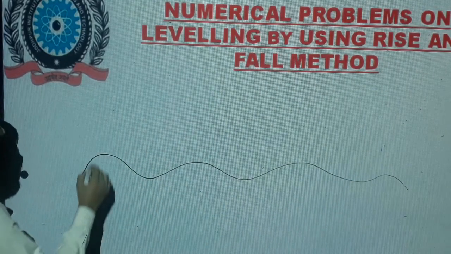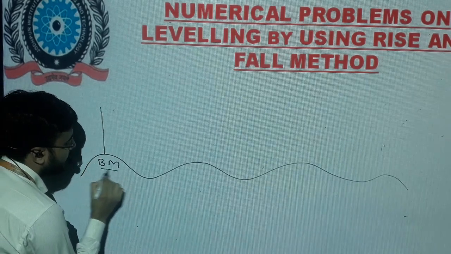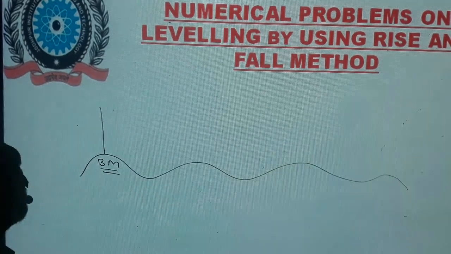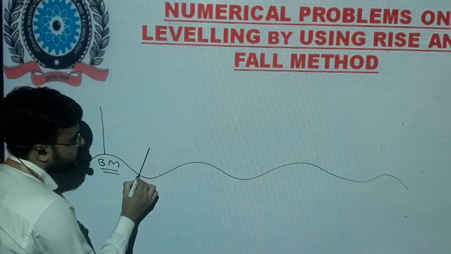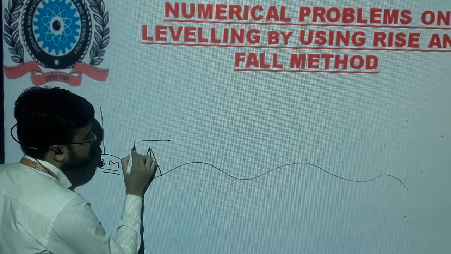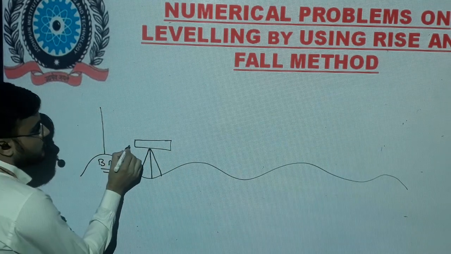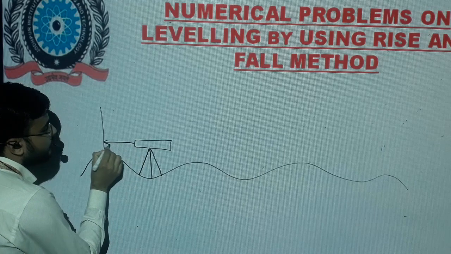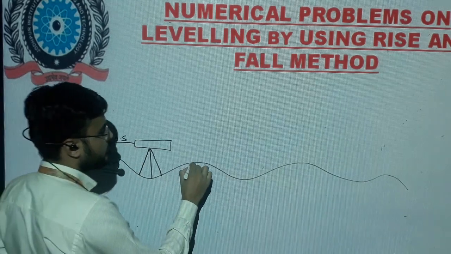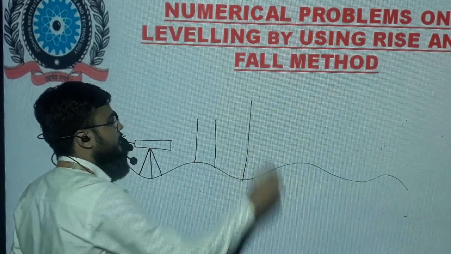Firstly, as I discussed in the last class, we have a benchmark where our first staff station will be held and our instrument is set there, maybe an auto level, a dumpy level, etc. The first reading will give you backsight, and here are some staffs, staff 1, staff 2 and staff 3.